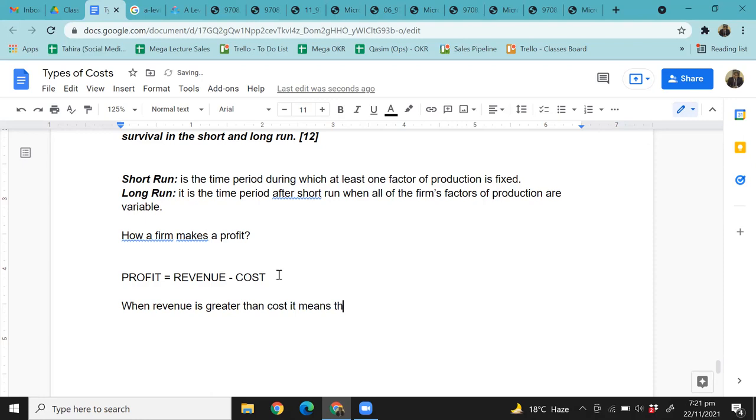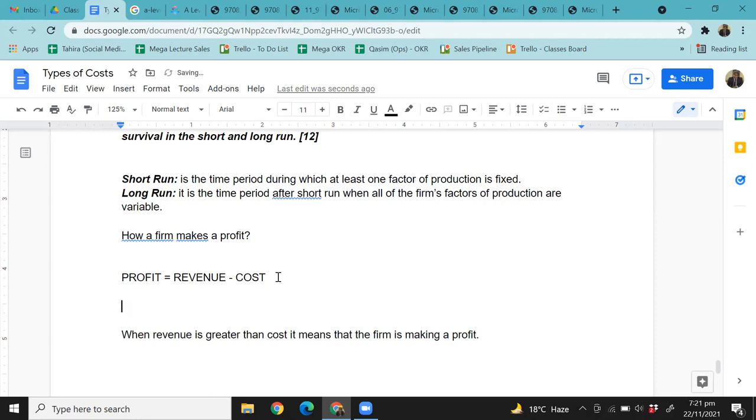Right? Simple. Okay, but the story doesn't end over here. The firm is making a profit. Another thing that you need to know: if I divide this entire equation, and everyone, please, you have to be very careful. Now, Preet, I'm coming to what you were just about to say. If I divide this entire equation, we have studied this equation multiple times, yes or no,